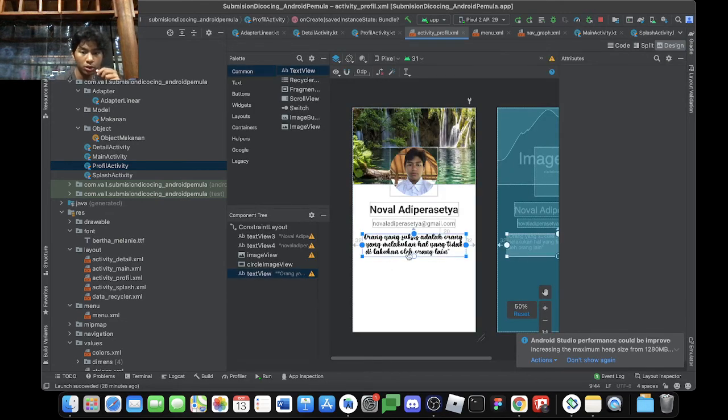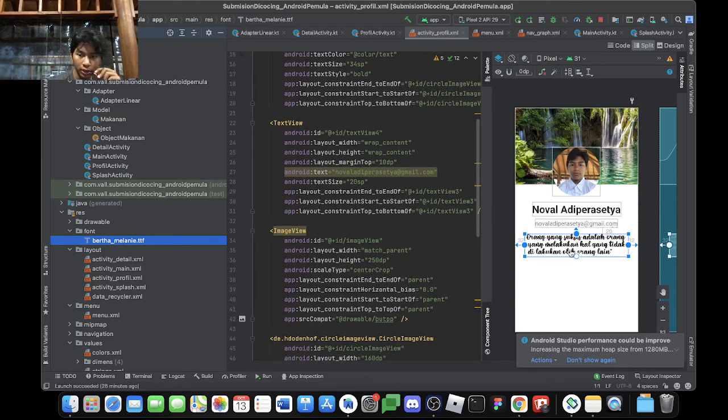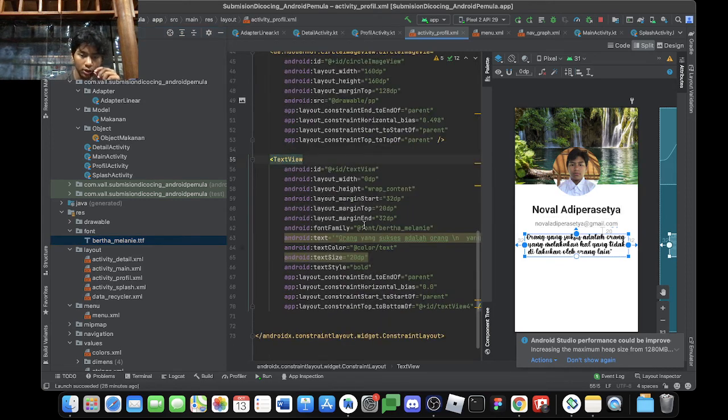Oh yeah, if you want to use a font, just make a directory font, put your font, and in the text just type fontFamily and call the font, Berta Lascon Melanie. That's the name of the font.